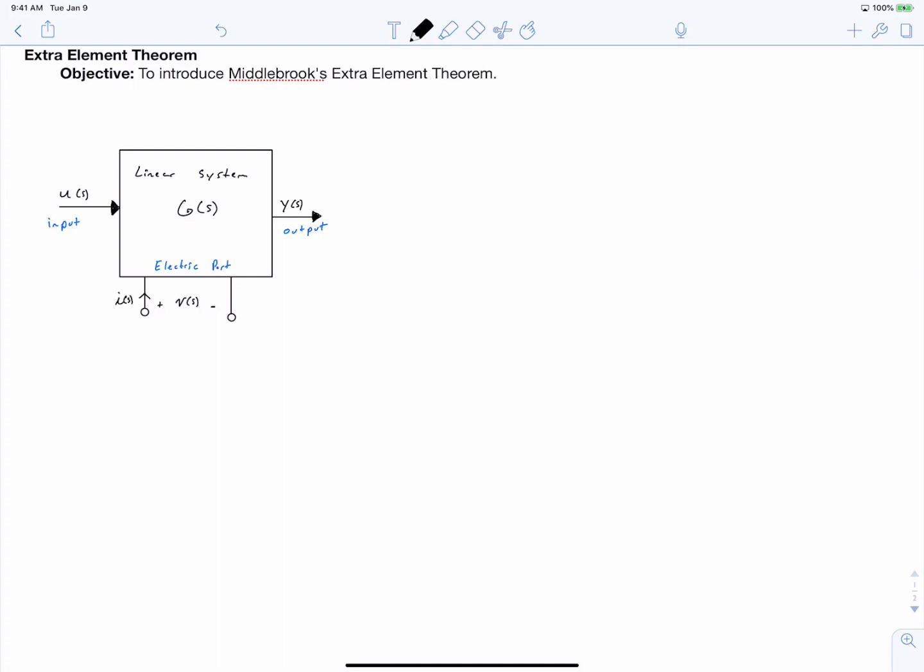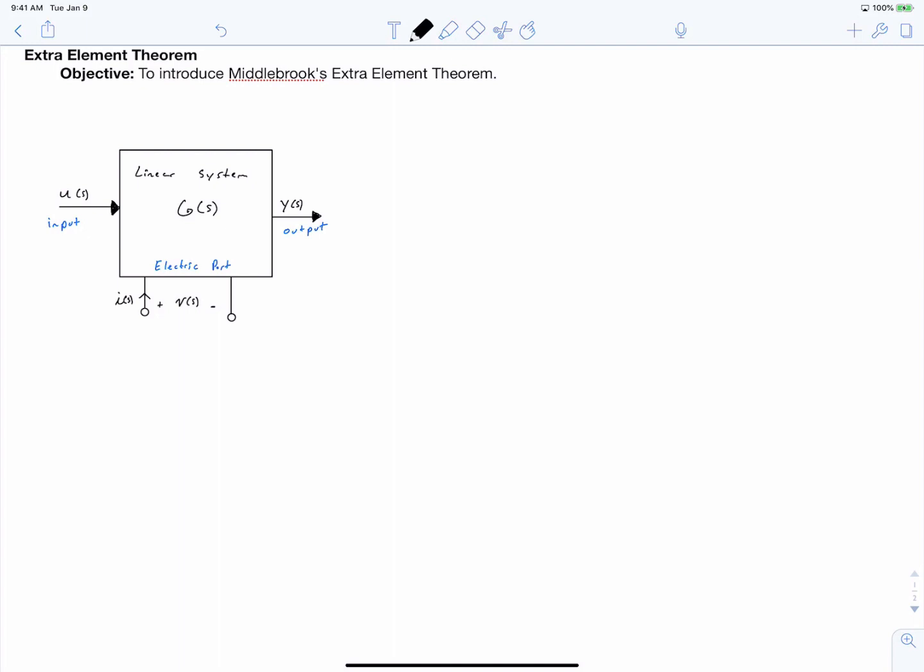The objective of this video is to introduce Middlebrook's extra element theorem. Middlebrook was one of the pioneers of power electronics. He was a professor at Caltech, a well-known teacher and a consultant within the field. And this is a technique that he developed to study how a linear circuit behaves when you add another element